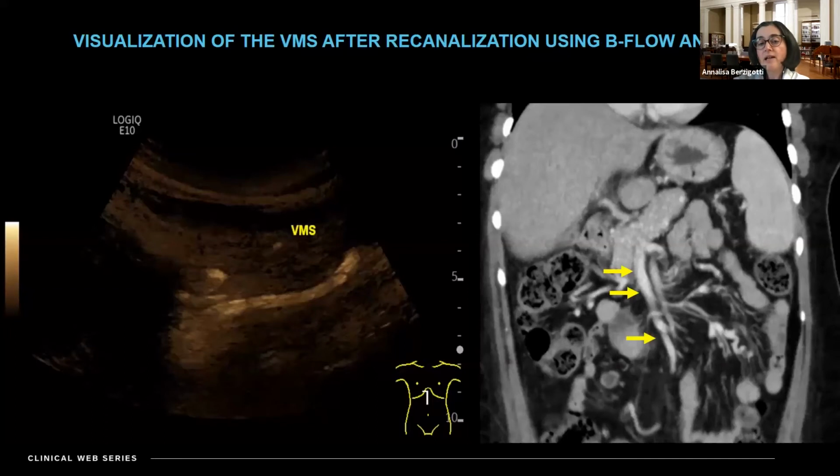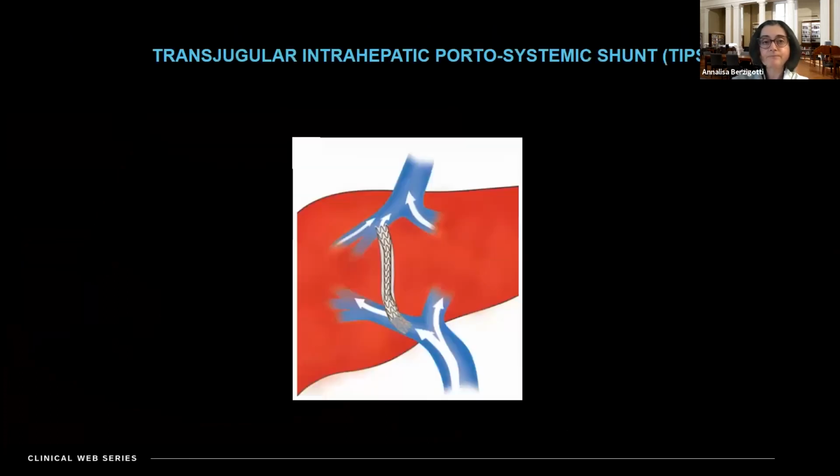And what was very nice to me was, on the following days, being able to follow up this patient via ultrasound, since we could see through this new technology the vena mesenterica superior. And I can tell you that color Doppler was not really helpful in this situation, even after optimization, while you can see that we could prove via B-mode imaging that the vena mesenterica was open after this recanalization procedure and remained open in the follow-up, and we could confirm it with CT, but we are following up this patient non-invasively.